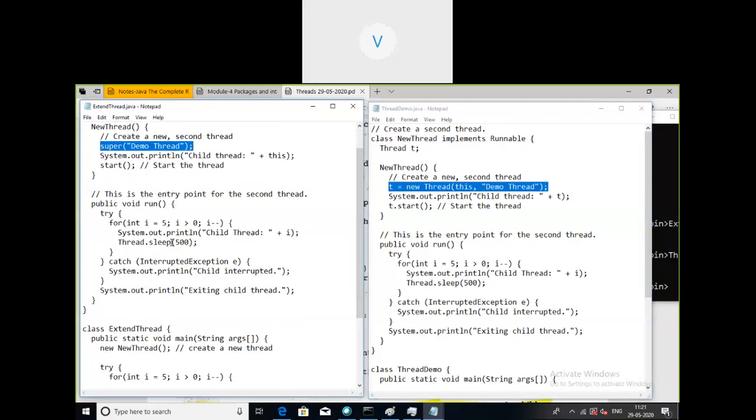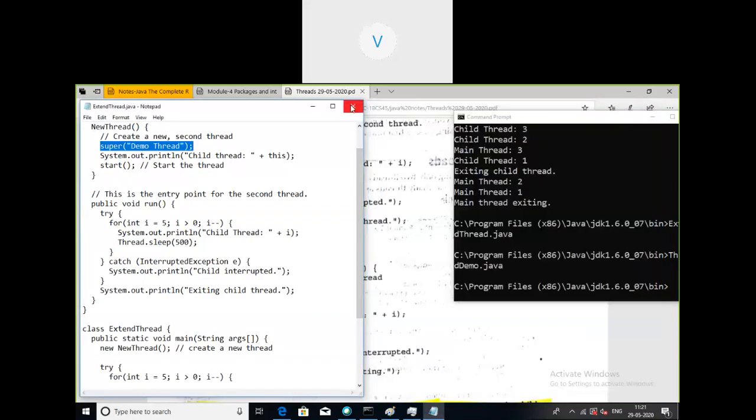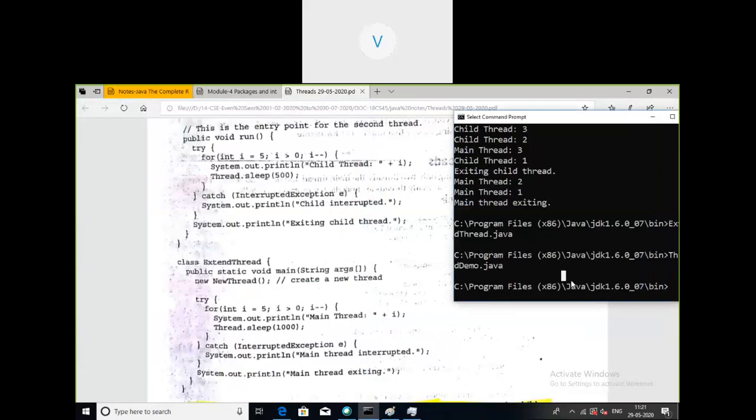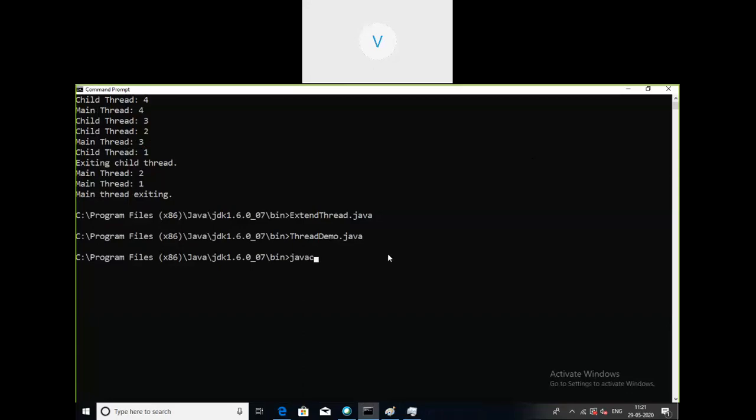Remaining all is same for this program, and the execution and output sequence is also same. So I will show the output of this ExtendThread program. javac ExtendThread.java, then java ExtendThread.